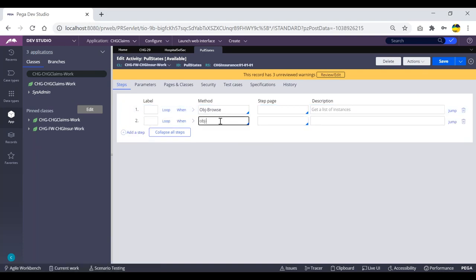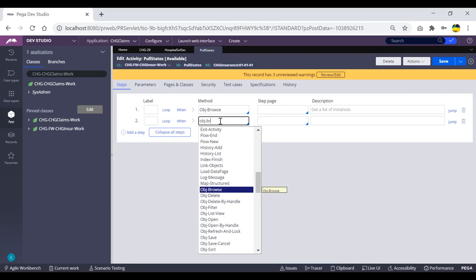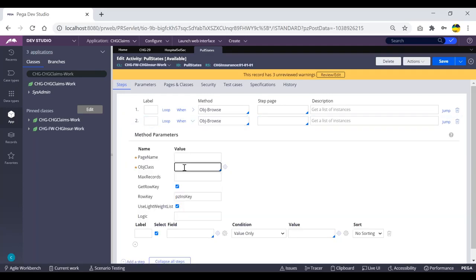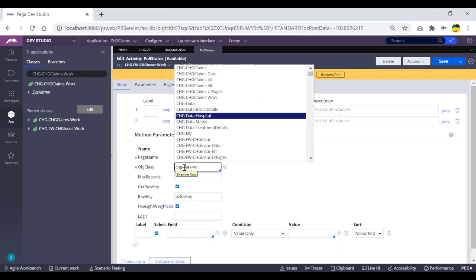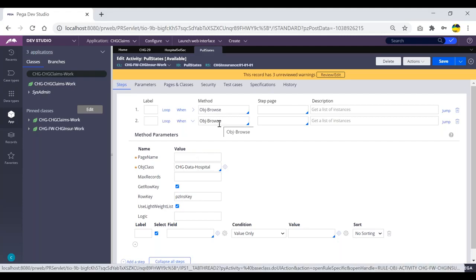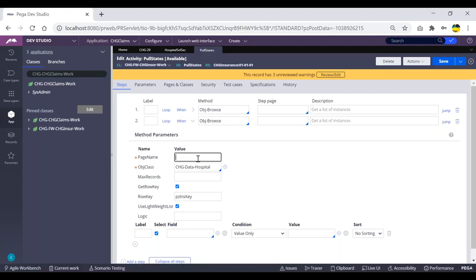I'm trying to use OBJ browse onto hospital list. The class from which I want to get the data here is hospital. This is the data class, no? It has storage, and the data we are getting from this class will be in multiple instances because of OBJ browse, and I want to store it on the clipboard page. Create any clipboard page,